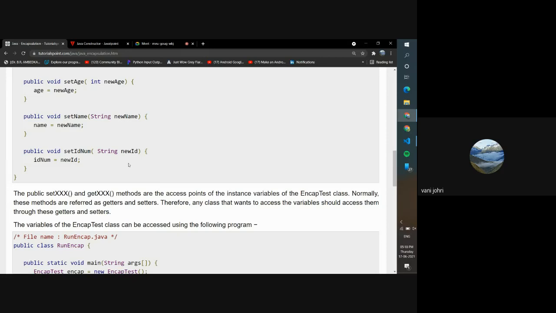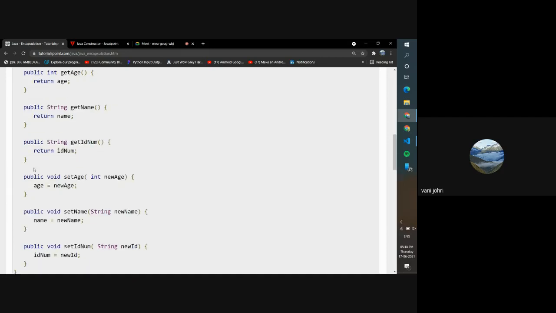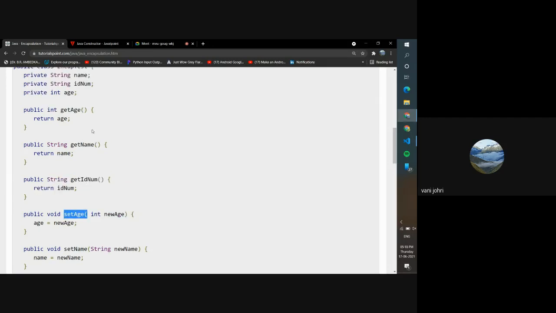So to do that, you can remove the set method, because the set method is used to change the value. If you remove the set method, then you cannot change the value of age anymore. You can only read the value of age, you cannot write it. And to make it write only and not let it be read, you just remove the get method, and now you cannot get the value of age, you can only set it, you can only write it, you cannot read it.